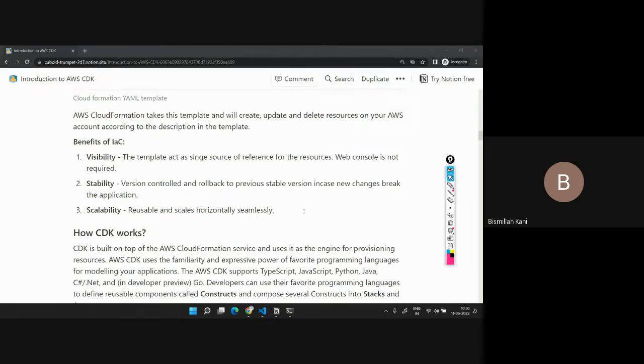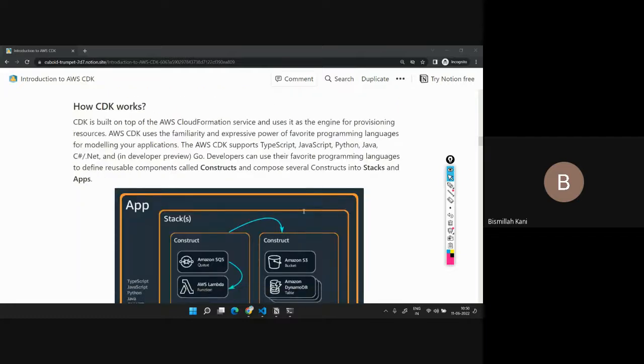So AWS came with this Cloud Development Kit, which uses an imperative style of creating your resources. CDK is built on top of the AWS CloudFormation service. So this basically is the core engine of AWS CDK, right? But the only thing is,